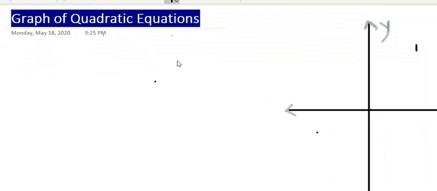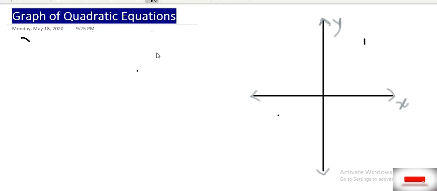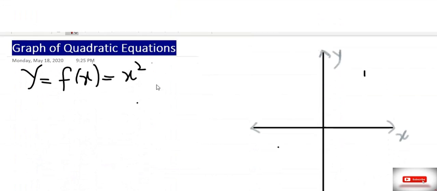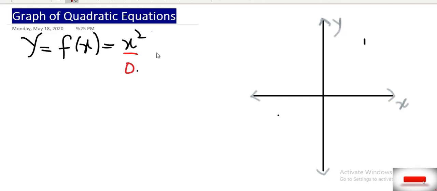I am here with a very interesting topic: how can you draw a graph of quadratic equations? Let's suppose we have a function y = f(x) = x squared. Now we just put different values in place of x. Just like, if x = 0, then we get y = 0. It means we get (0, 0). This is a point of the graph. We will draw this, and you can see that this is the origin.